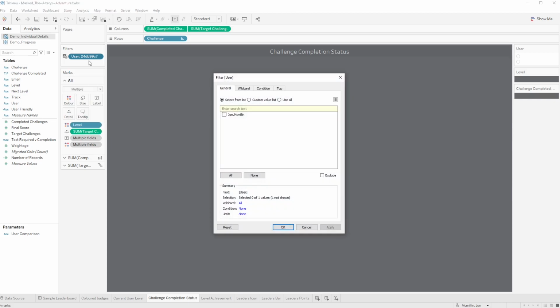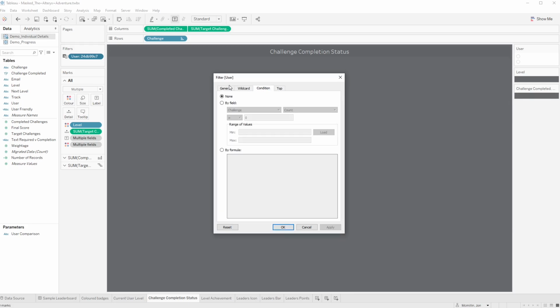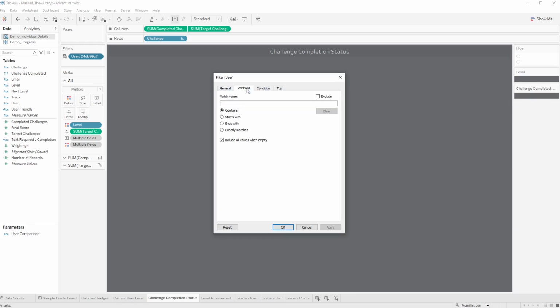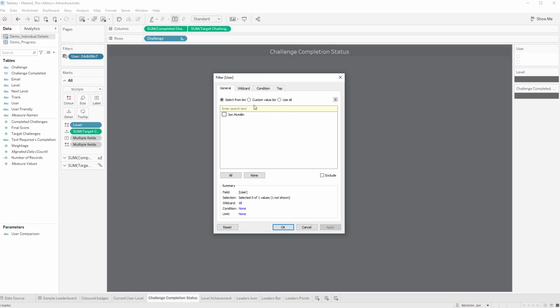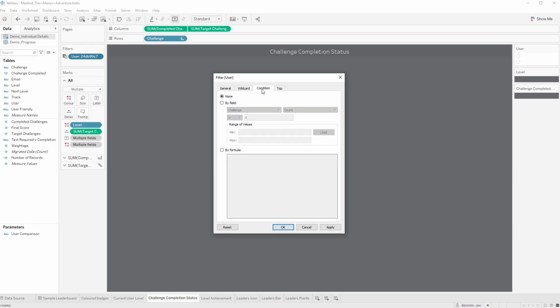So I'm just going to update this formula and change the filter from having a static selection to, in general, I'm just going to click use all, and then in the condition I'm going to change it from none to by formula, and here I'm just going to type upper, and it's user